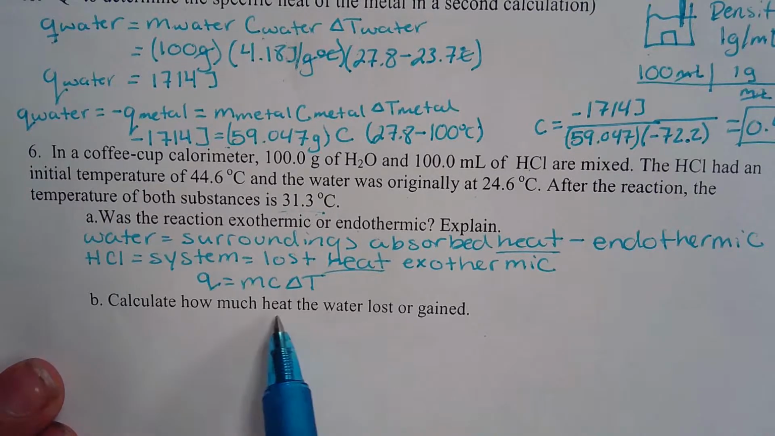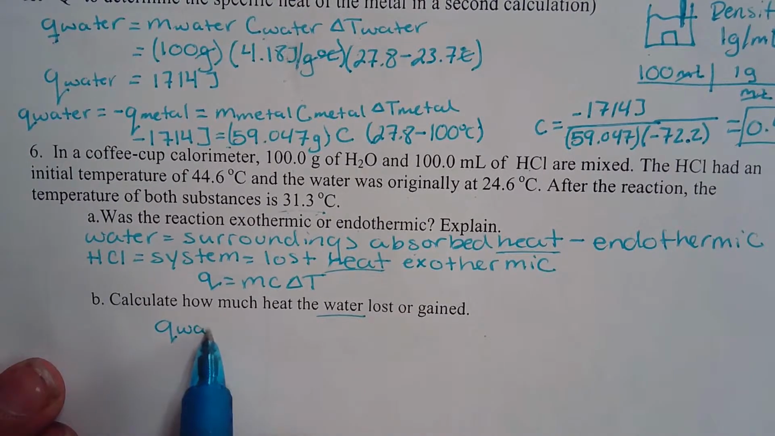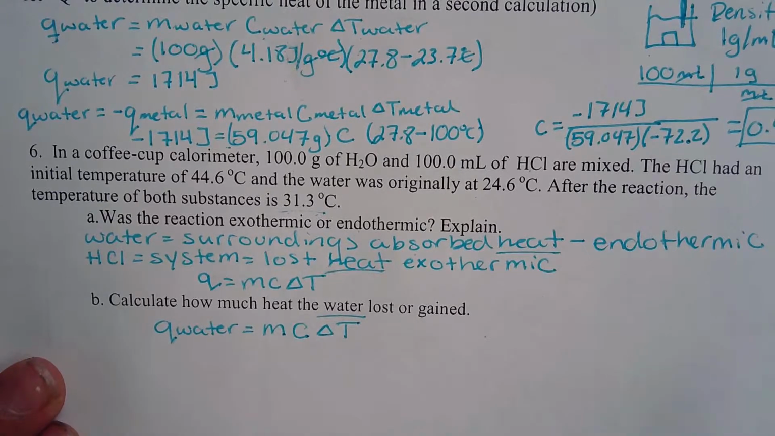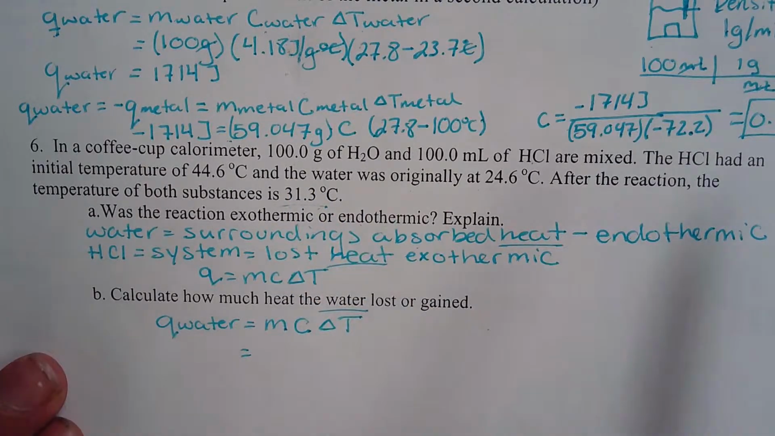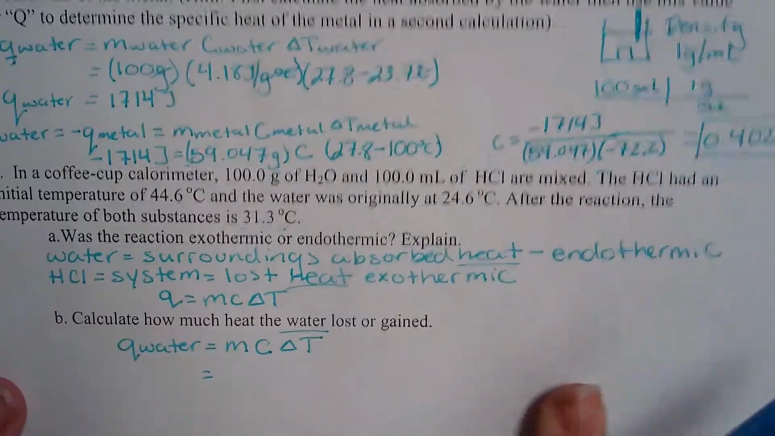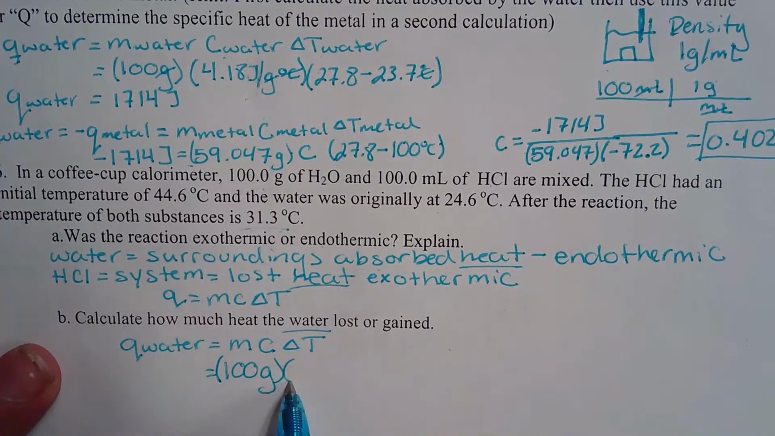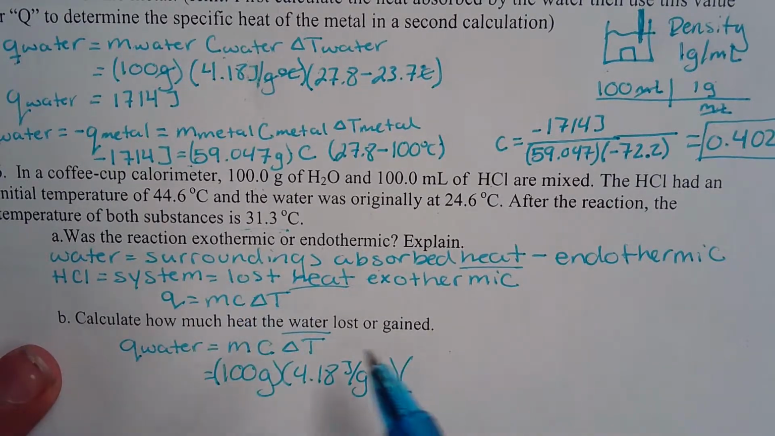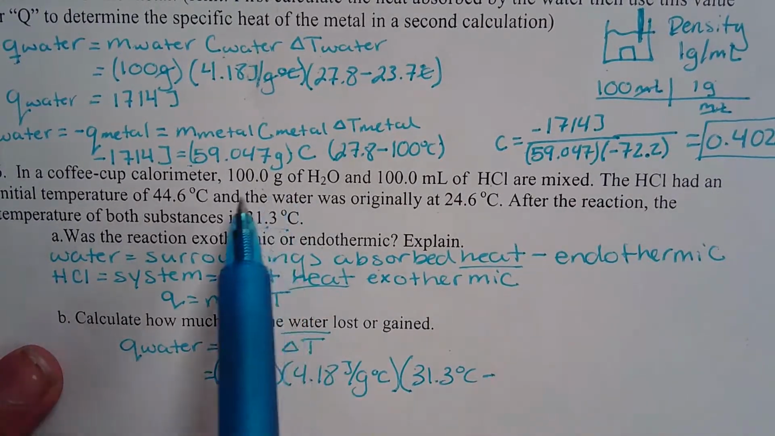Okay, so we can actually calculate how much heat the water lost or gained. We know that it gained heat, so we can use our Q water, which means we're going to use the mass of the water, the specific heat of water, and the change in temperature of the water. Okay, so the mass of the water, it tells us in the question, 100 grams. So we don't have to, like up here, use dimensional analysis and the density of water to figure out how many grams we had. Down here, we're given 100 grams of water. So we just put in 100 grams. We know that the specific heat of water is 4.18 joules per gram degree Celsius. And our change in temperature, final minus initial, so the final temperature was 31.3 degrees, and the initial temperature of our water was